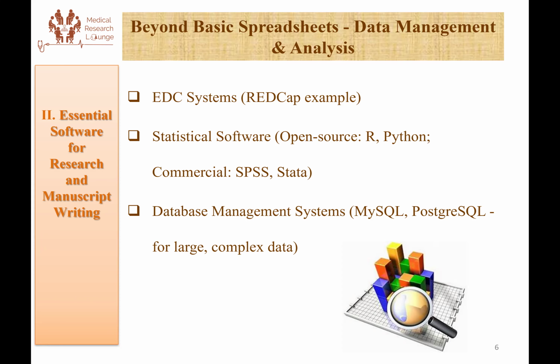When we come to statistical software for statistical analysis, there are a number of powerful options. On the open source side, we have R and Python. These are free, incredibly versatile software with huge communities supporting them, so they are constantly evolving and becoming smarter. There's also Epi Info of the CDC, which is freely accessible and can be used, but it has its own limitations. On the commercial side, we have SPSS, Stata, and SAS.